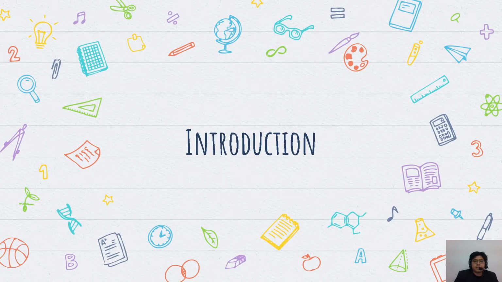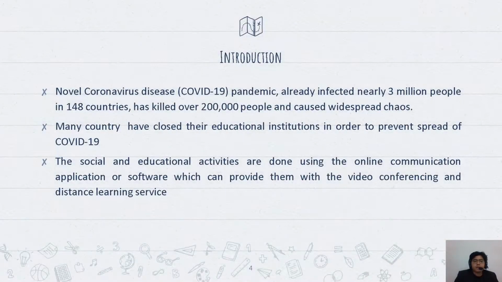For the introduction, as we know, the novel coronavirus disease COVID-19 pandemic has already affected nearly 3 million people in 148 countries, and it has killed many people all around the world. During the COVID-19 pandemic, there have been many impacts around the world, such as on academics, but there are also other problems that have arisen, such as in educational